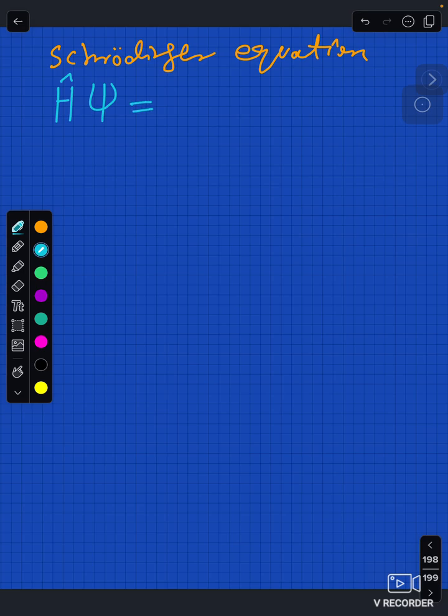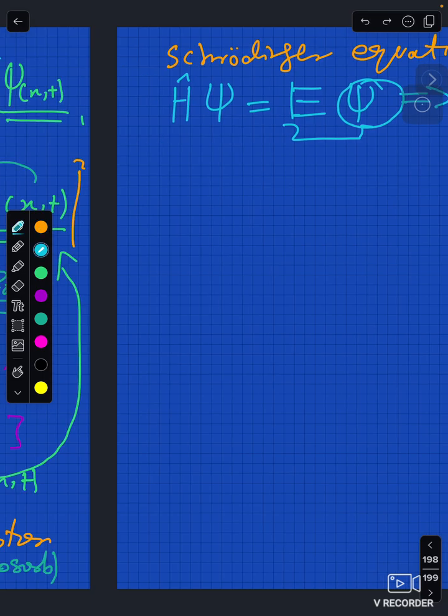Hamiltonian operator is equal to energy operator. So the wave function in this will help us find the probability of finding the electron. But when we use the dagger operator, one more thing, when we integrate, look,